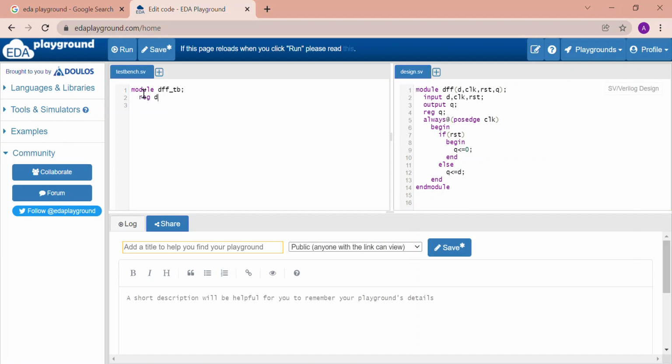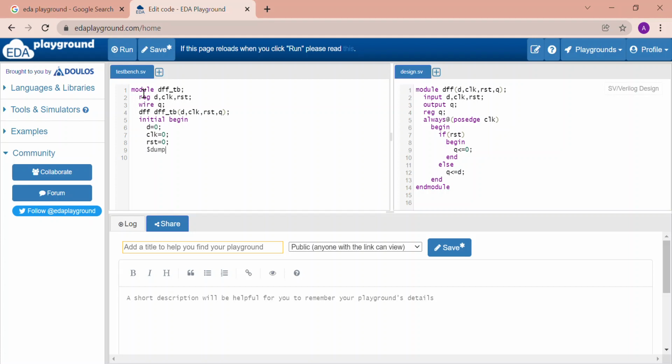Register D, clock and reset, wire Q, D flip-flop test bench, module instantiation, clock, reset, Q. Initial begin, initializing the initial values to 0, inputs to be 0 initially, reset equals to 0,